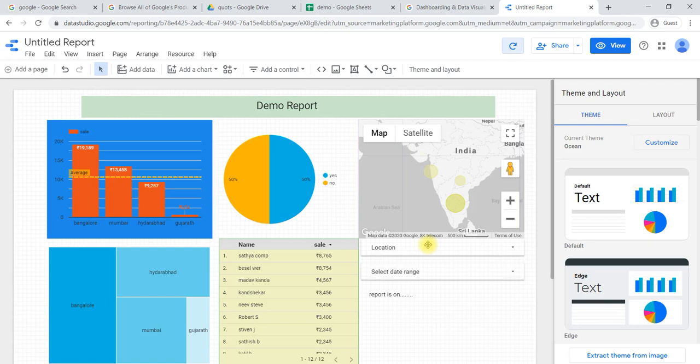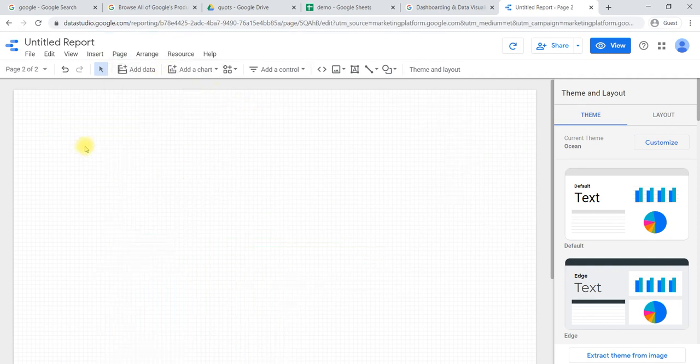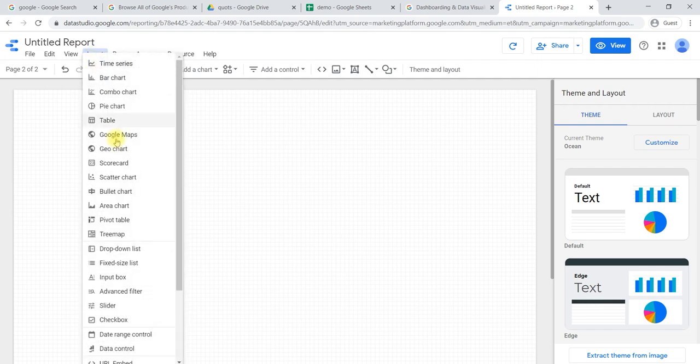Now we will learn about page management. Page management is nothing but, for example, this particular page. If you would like to add one more page, what can we do? We can go to Page in the menu bar, select New Page, so that one more blank page will be added, so that you can start constructing a report or dashboard by using all the options we learned